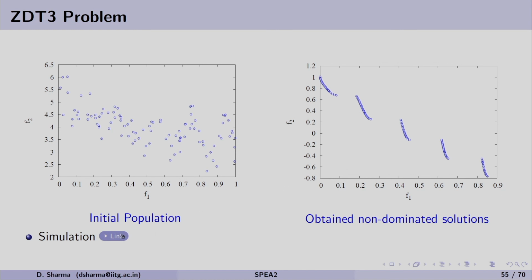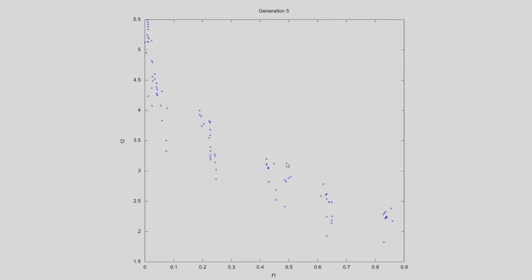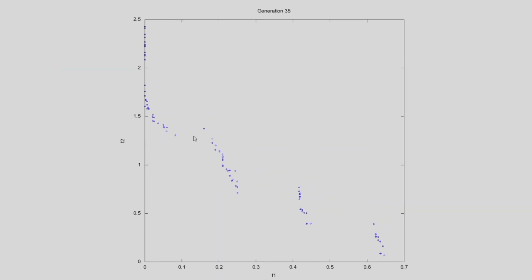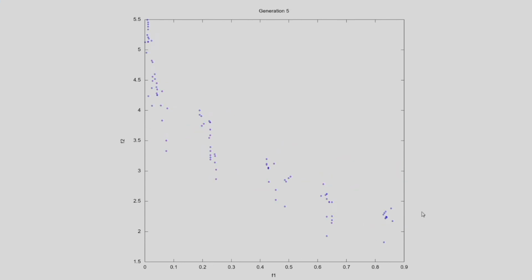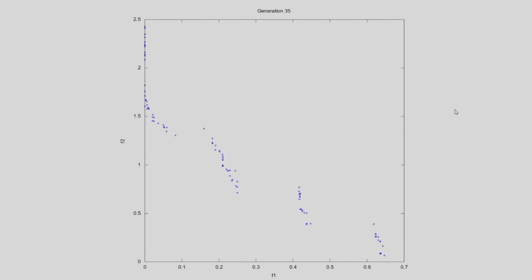If we see how these solutions are moving towards the Pareto front, we can see at the beginning itself these solutions are distributed in the disconnected front, and slowly they are moving towards the Pareto front, and at the bottom we can see we are going to get all the 5 disconnected fronts for the given problem.